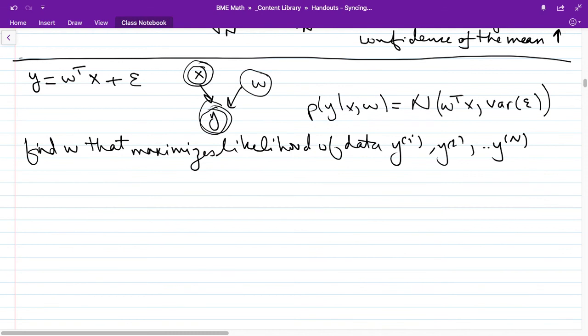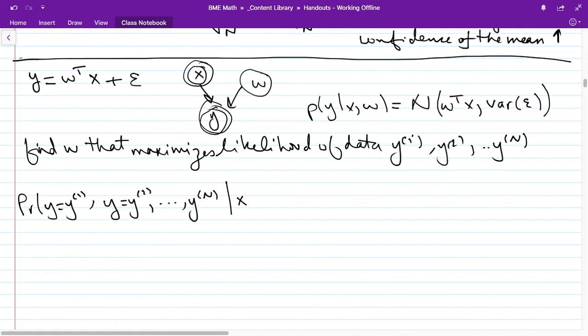So let's do this problem of maximum likelihood so that it best fits the data that we actually have. So the probability of y equal to y1, y equal to y2, ... yn, given x1, x2, ... xn,